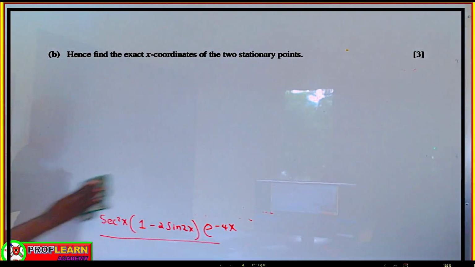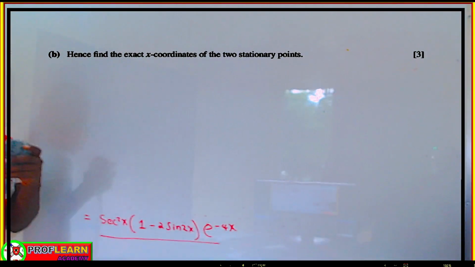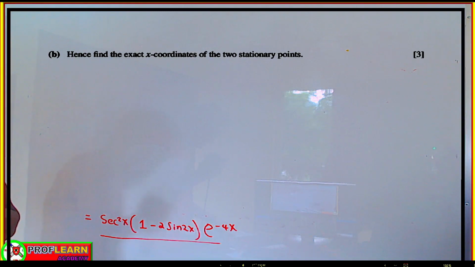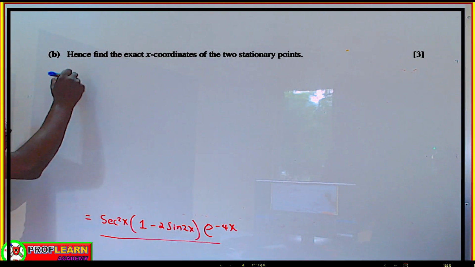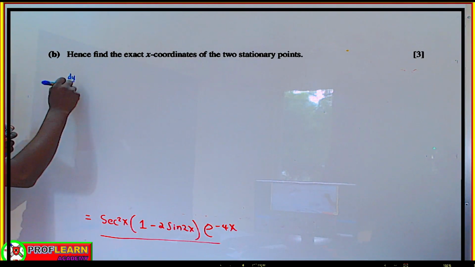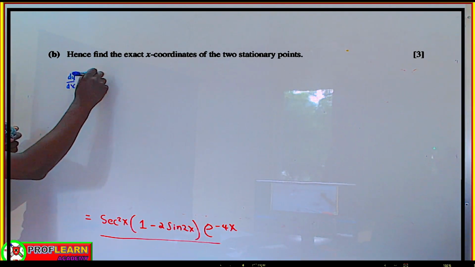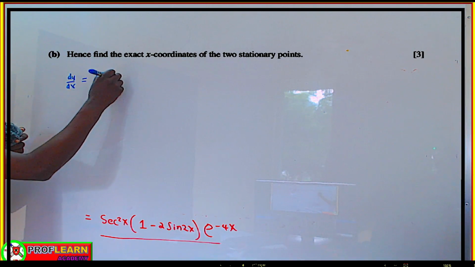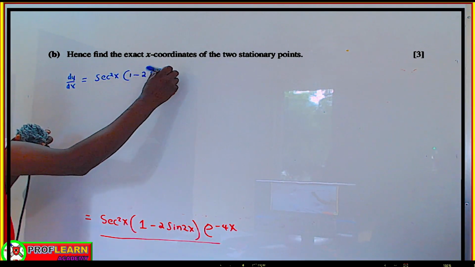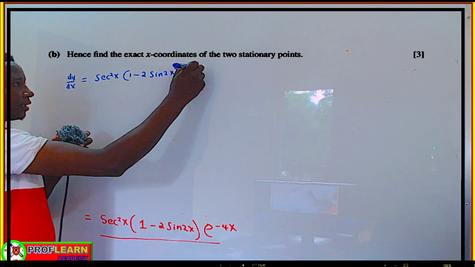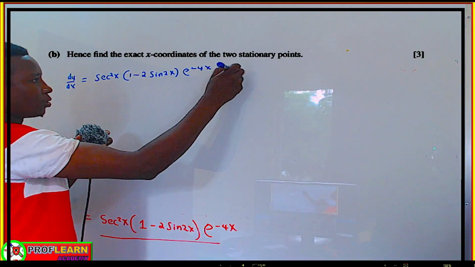So I'll just leave this part that we have gotten down here, and we are going to say now that since our dy dx is equal to sec squared x into 1 minus 2 sine 2x exponent negative 4x